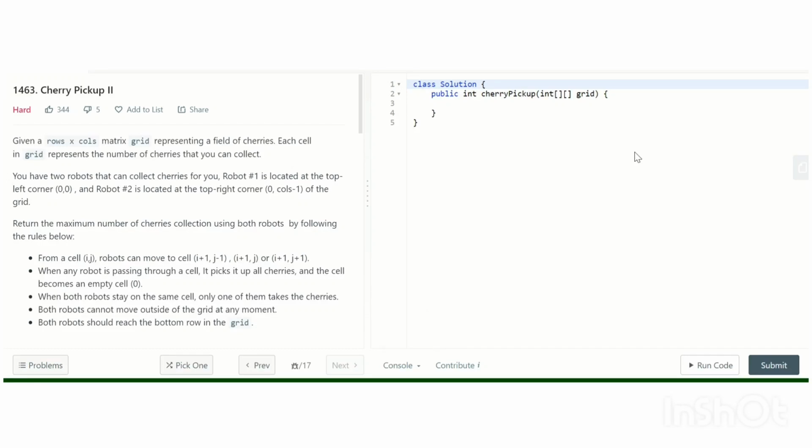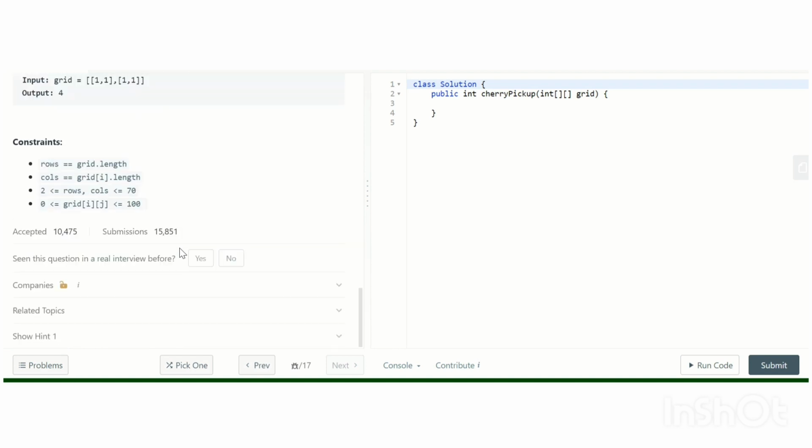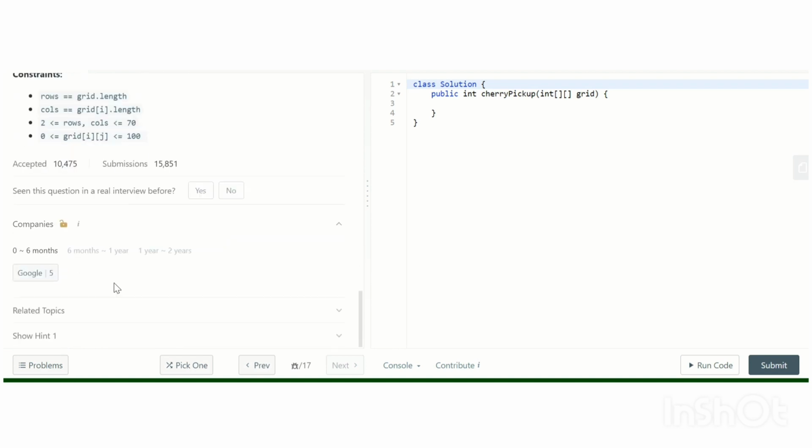So today we are going to solve this Cherry Pickup 2 problem. This recently appeared in a Google interview. One of my friends asked me to do this, so I am going to solve this problem, 2D Cherry Pickup or Cherry Pickup 2. You can verify it by going here and seeing the company tag. It is asked in Google 5 times actually, and recently one of my friends got this problem in his Google interview. So I am going to solve this problem today.